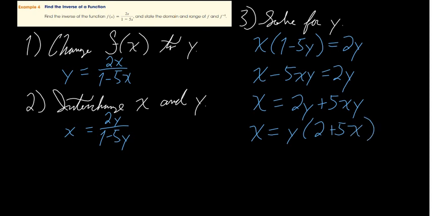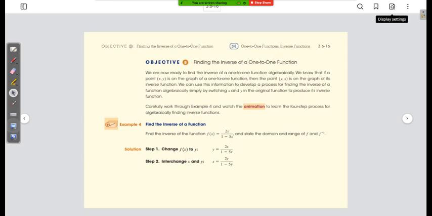Okay, and then we're going to divide both sides by 2 plus 5x, so we're going to have... all right, we solve for y. Okay, and then step 4,